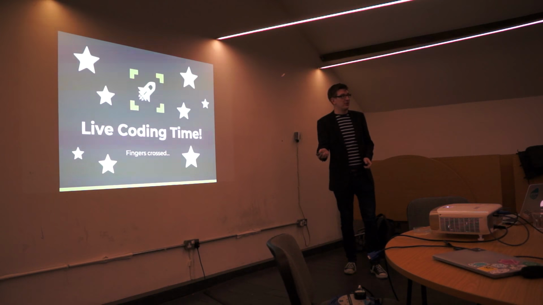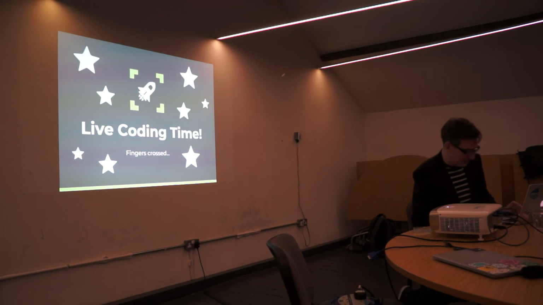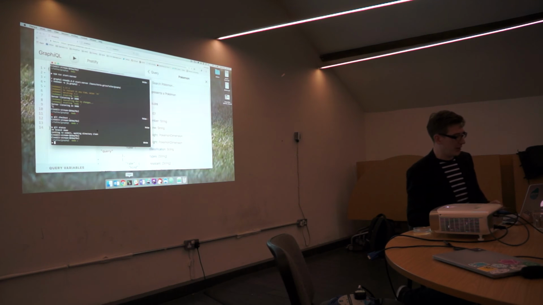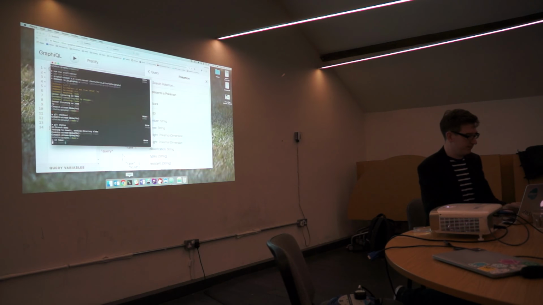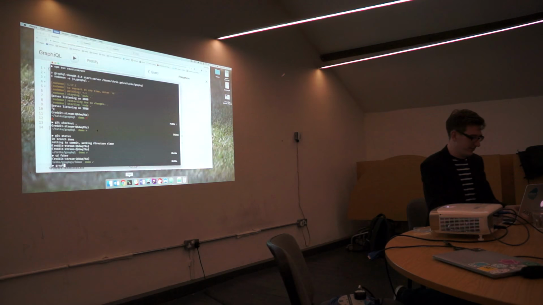So I'm also going to try and build one of these up to show you how it works and show some cool information. So there's a tool called GraphQL Faker, which I'm going to use today. But you don't use this one.